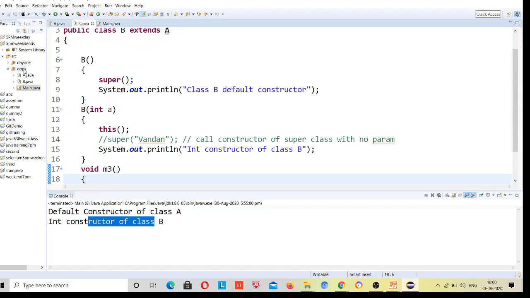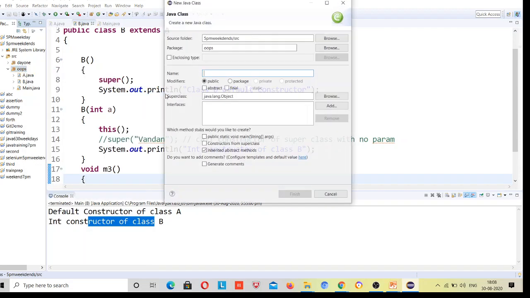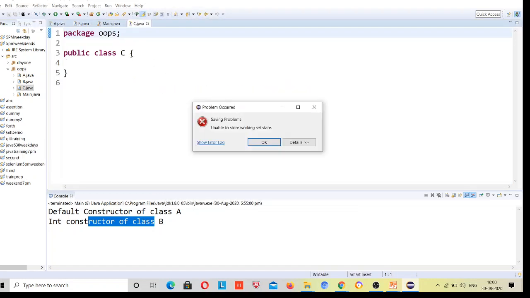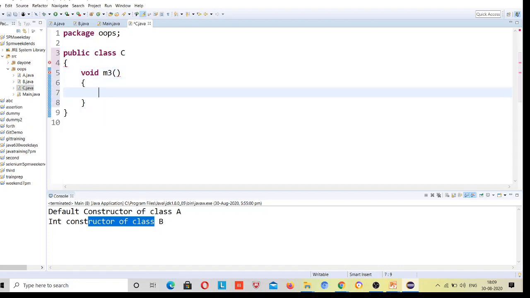Let me make class C, which has one method. In the same way, the constructor chain will also increase. void M3, sorry, M4.